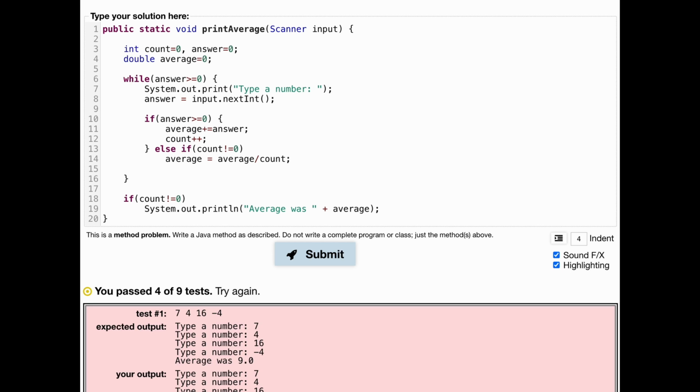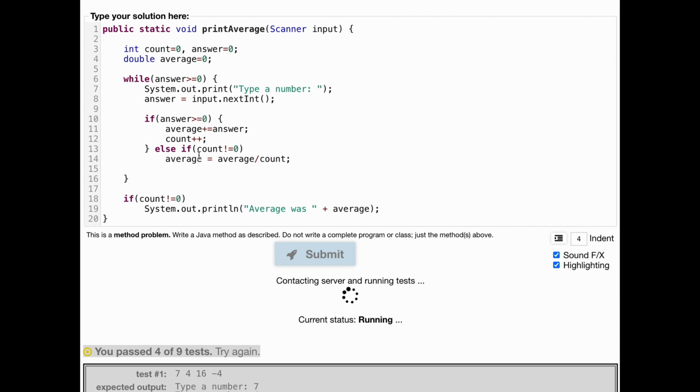And again, the reason for that is if we have it as an if, this is going to execute and this is going to execute if our count does not equal to 0. So it's going to execute every single time but the first time, right? But we only want it to execute if our answer is greater than or equal to 0, and if our answer is not greater than or equal to 0. So if the user types like a negative number, because this is for the ending, and if it's not on the first try. Another way we could do this is have our if statement down here, and we could put count does not equal to 0,